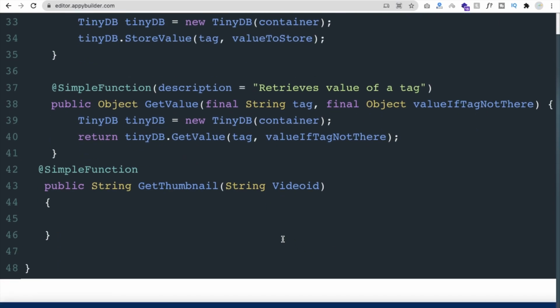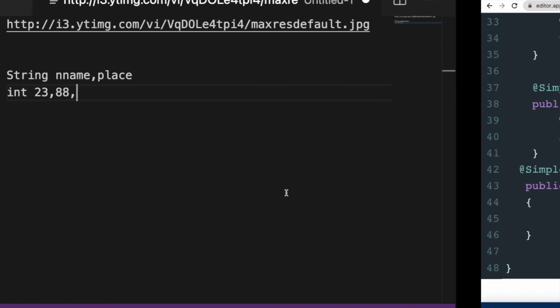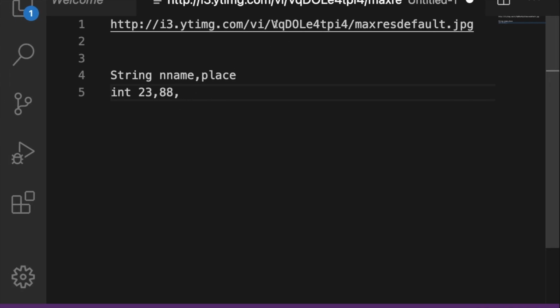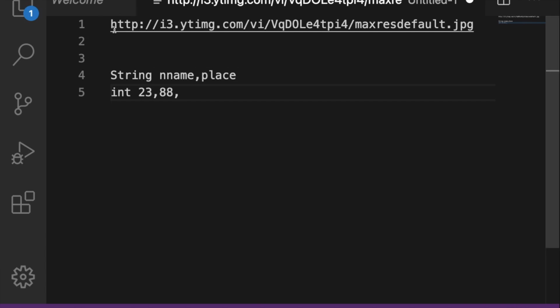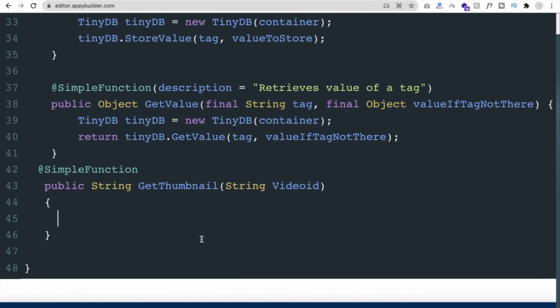Now we have to return a string, and we are getting the string from our user. We already learned that the whole link should be static, because this will be a common link. So we have to paste it here, but make sure we create one more string. Just type a string here. We are defining a variable here.